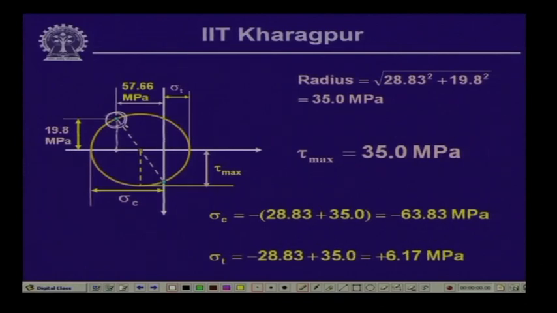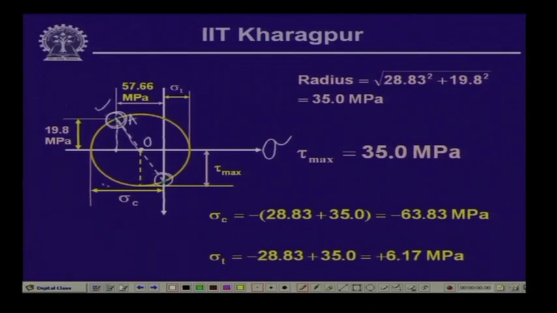So, this is the point which represents the plane where you have the normal stress and the shearing stress, and this is the perpendicular plane where we do not have any normal stress, but the shearing stress again is 19.8. If we join these 2 points together, we get this as the center where it cuts the sigma axis, and considering this as the center and taking O A as the radius, if we plot the circle,